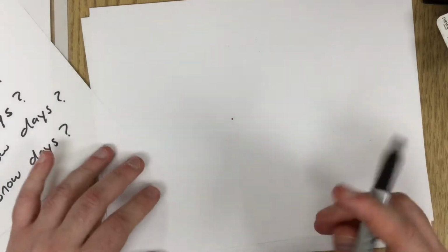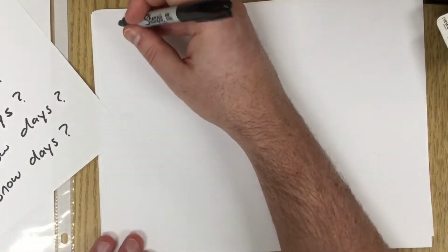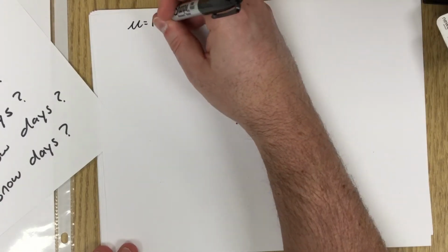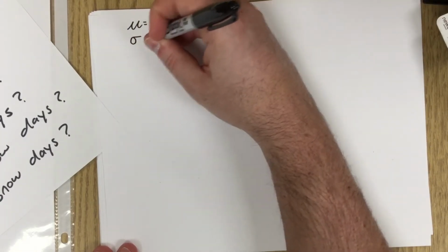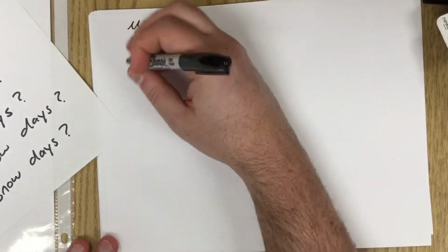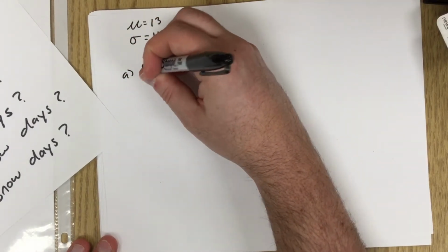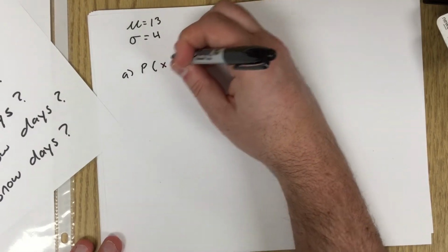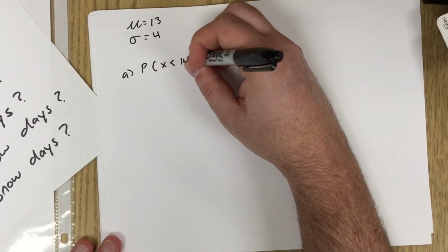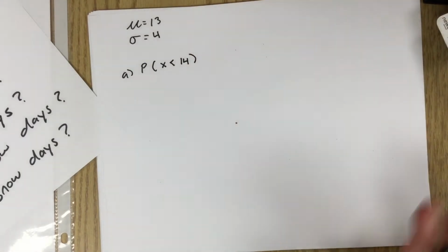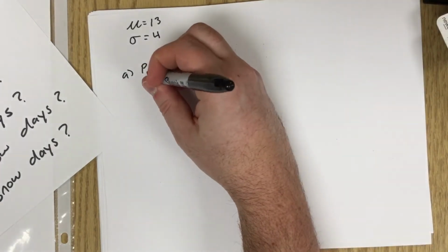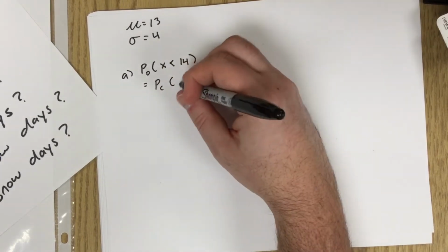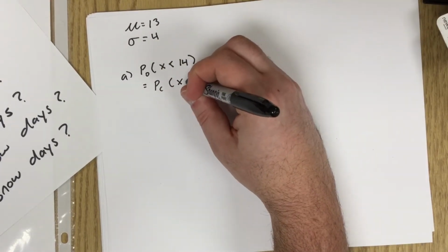So we know the mean is going to be 13. The standard deviation is going to be 4. And A is asking, what is the probability that it's going to be fewer than 14? So not equal, fewer than 14. Now that's a discrete probability though. So what we have to do is turn that into a continuous probability. And that's going to be the same thing as the probability that x is less than